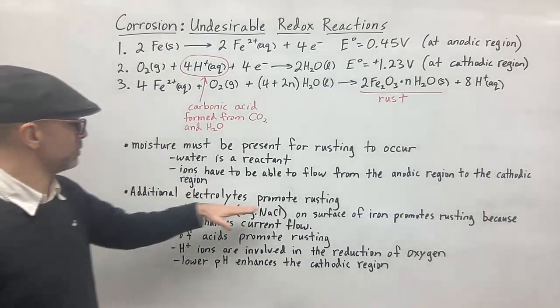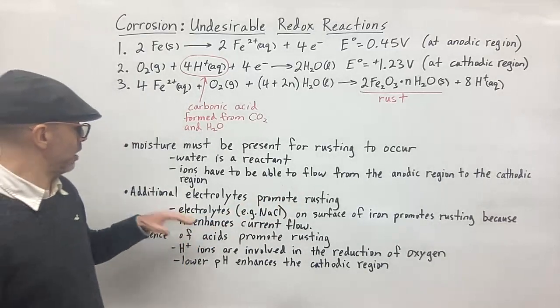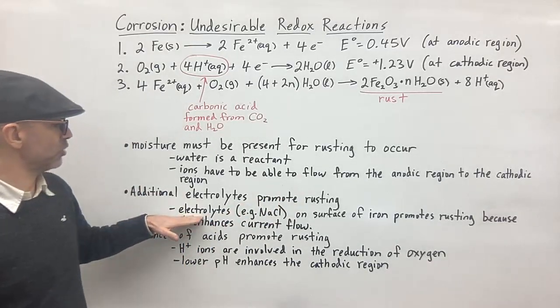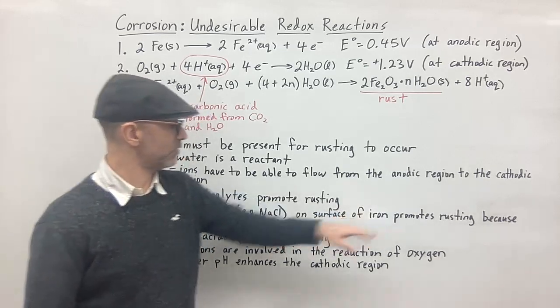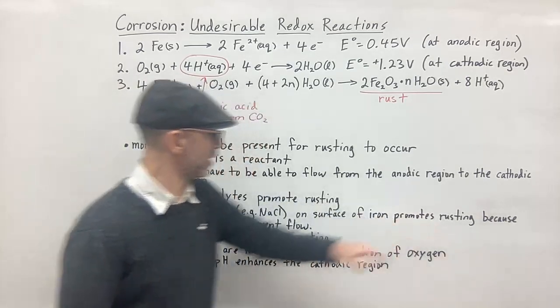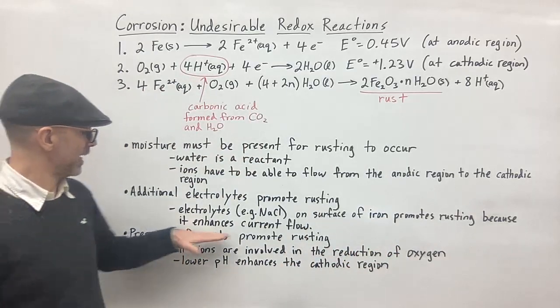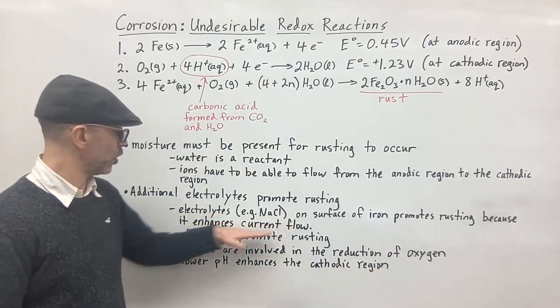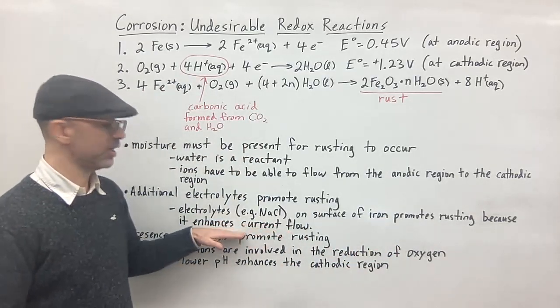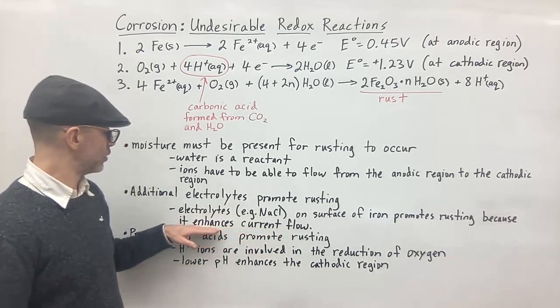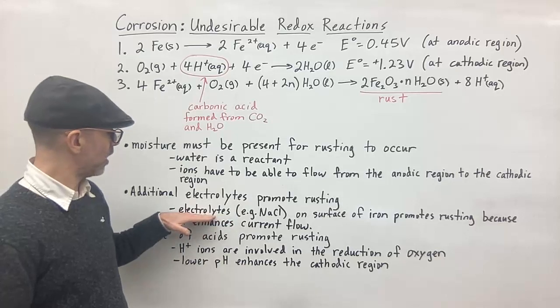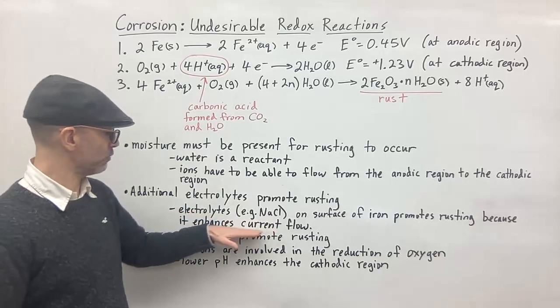Additional electrolytes promote rusting as well. That's because electrolytes such as sodium chloride on the surface of the iron are going to promote iron rusting because it enhances the current flow, right? So you need a flow of electrons, and so electrolytes will then enhance that current flow